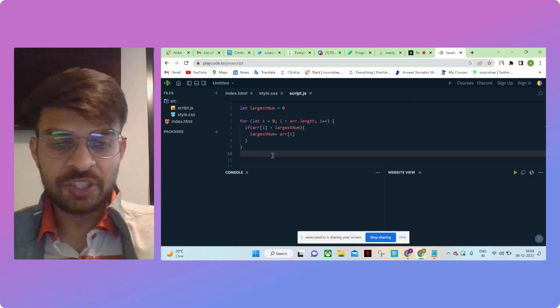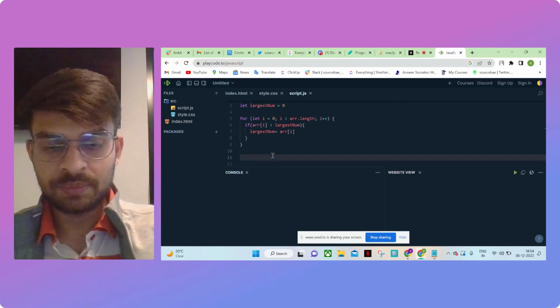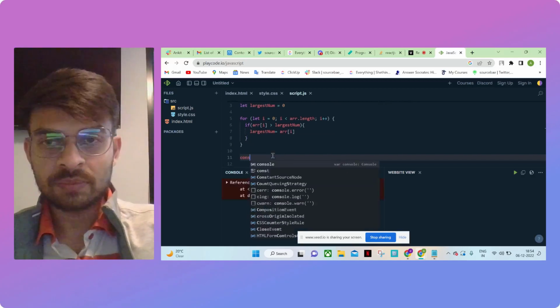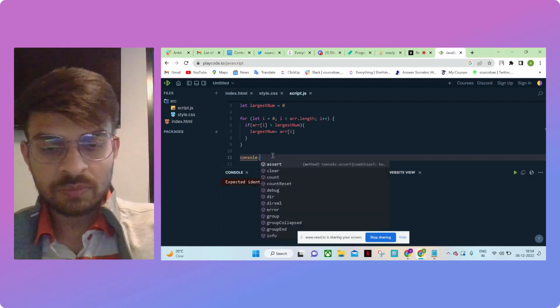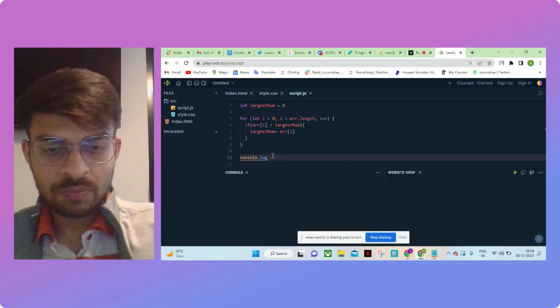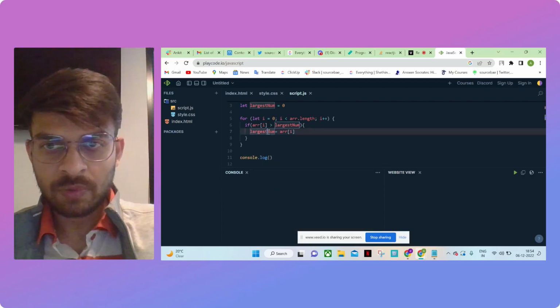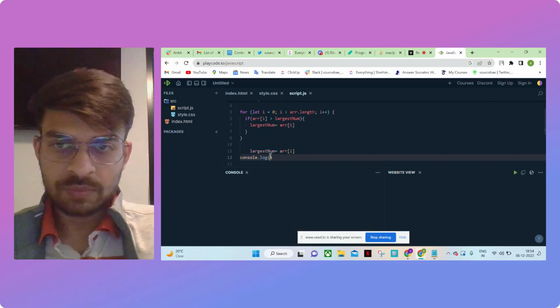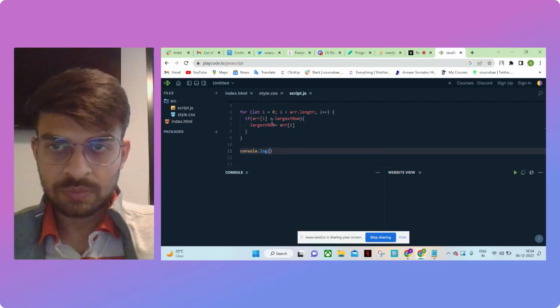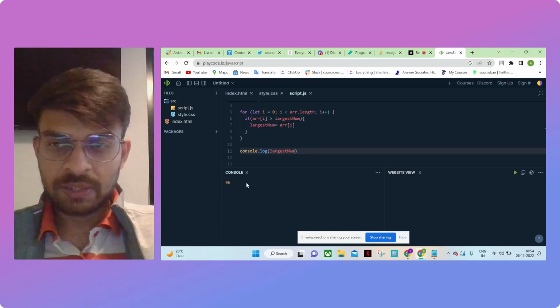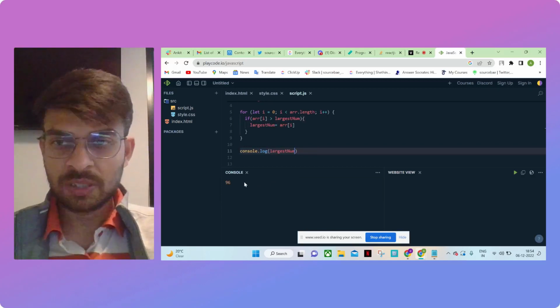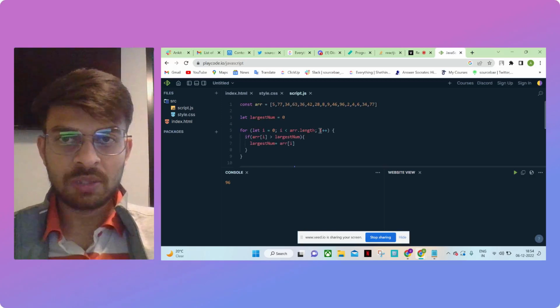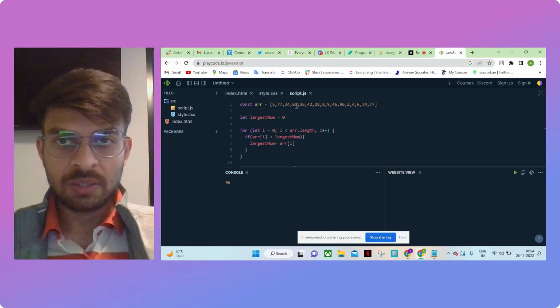After the loop has been finished, we are going to console log our number. As you can see, 96 is the output in the console, and if you look at our array, you can see 96 is the largest